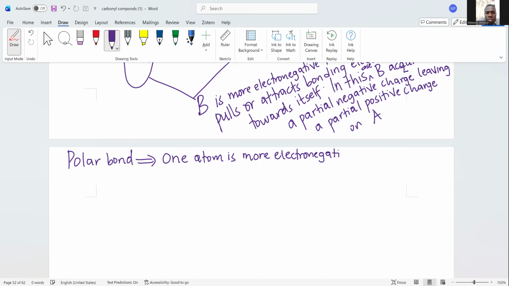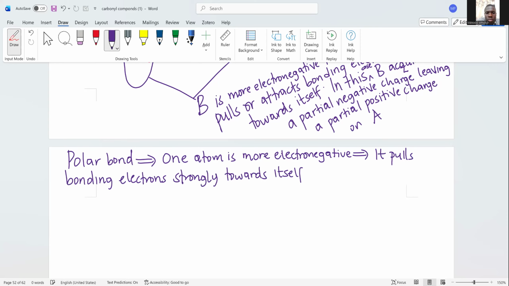Therefore, if one atom is more electronegative, it pulls the rope, it pulls bonding electrons strongly towards itself, and therefore acquires